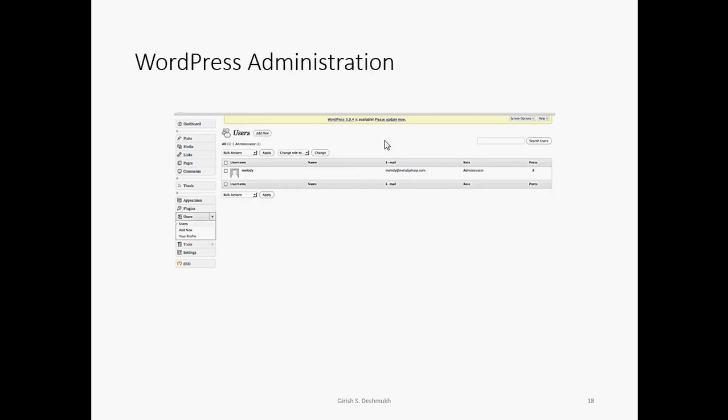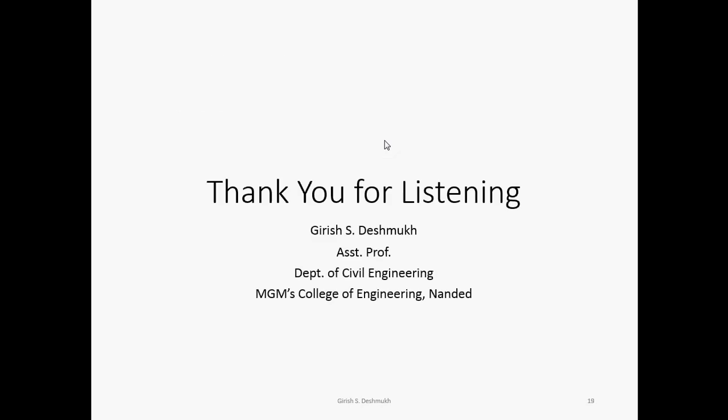Next, the administration itself. In the administration we can add a user, delete a user, provide some permissions to the user, or restrict the user. Likewise, we can do this through the administration tab. We have many options available in WordPress, so we can enjoy creating our own website in less than, I think, 20 to 30 minutes.